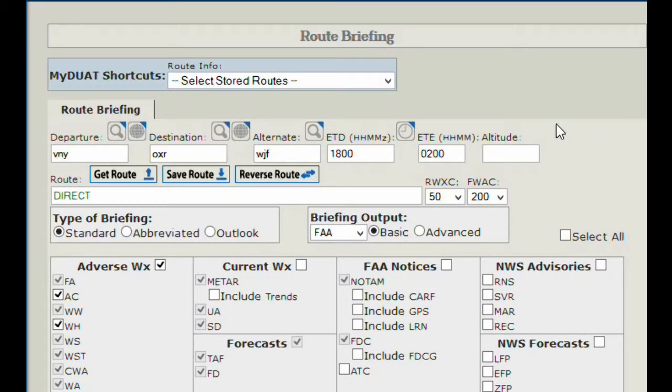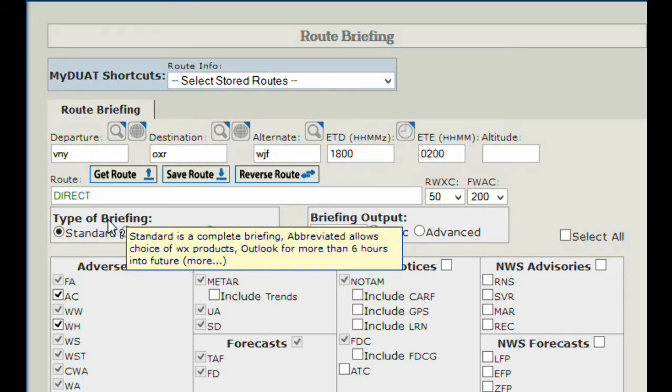We'll take a look at a route briefing, in this particular case from Duat.com. It's easy enough selecting the type of the briefing. We have standard, abbreviated, and Outlook available to us. Naturally, standard briefing would be something within 6 hours, Outlook with more than 6 hours of lead time. And then abbreviated briefing would be something where possibly you've already gotten a standard briefing, and just want certain weather products at